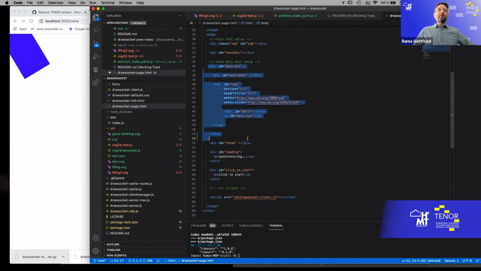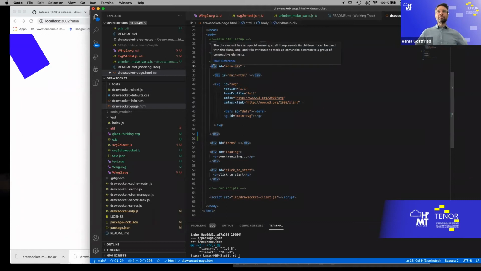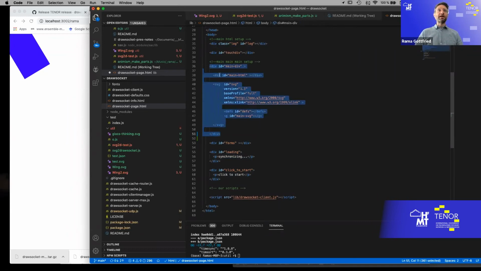So the main part of Drawsocket is in a div, and this is HTML. A div is a way of dividing the web page into different groups. So the div makes a division, which is actually the whole screen, and has a main HTML and an SVG